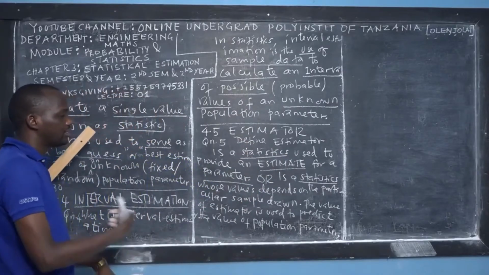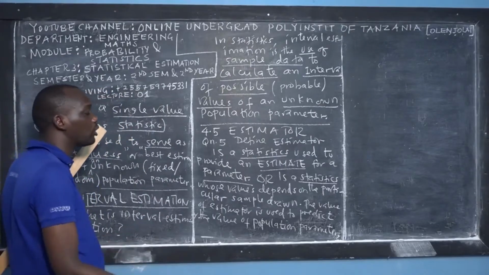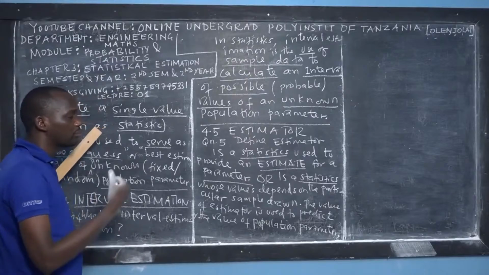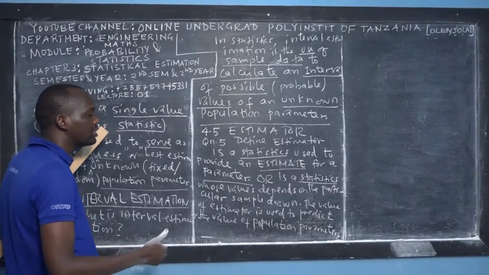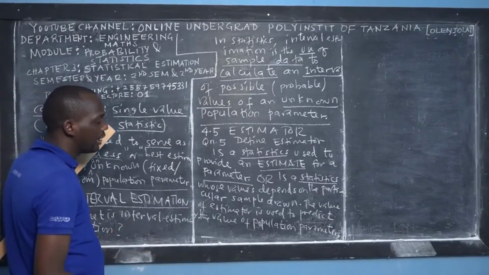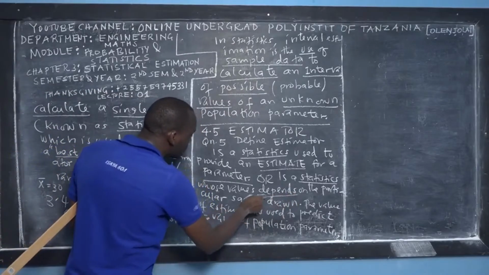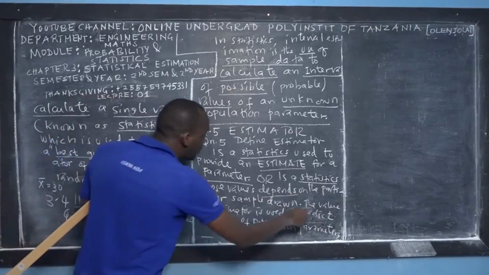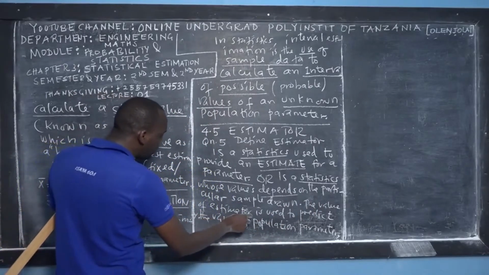Because we have the statistical mean, the statistical variance, the statistical standard deviation, the statistical proportions. In the previous two topics we had the population mean and the sample mean and so forth. So an estimator is a statistic whose value depends on the particular sample drawn. The value of this estimator